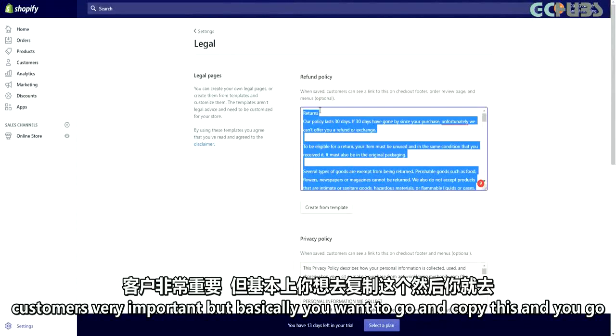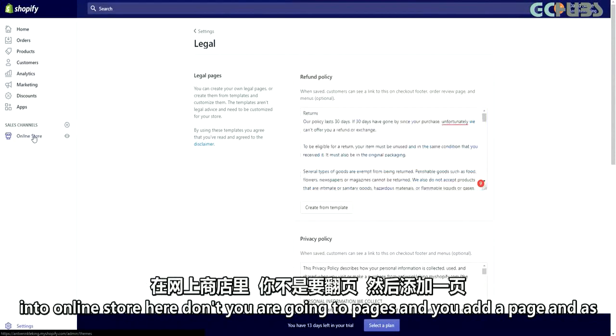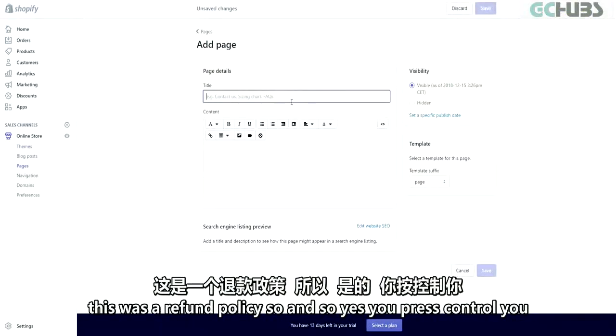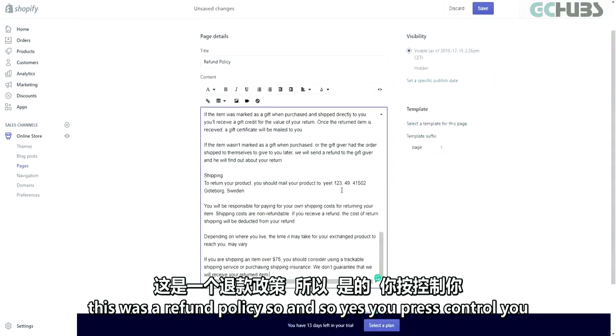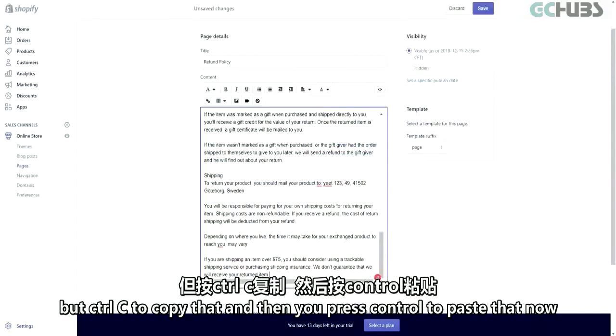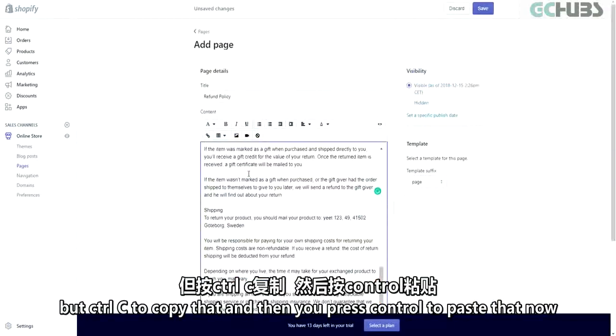But basically you want to go and copy this, and you go into online store here. Then you go into pages and you add a page, and say it's a refund policy. Then you press Control A to select everything, and Control C. I don't know what it is on Mac, but Control C to copy that,